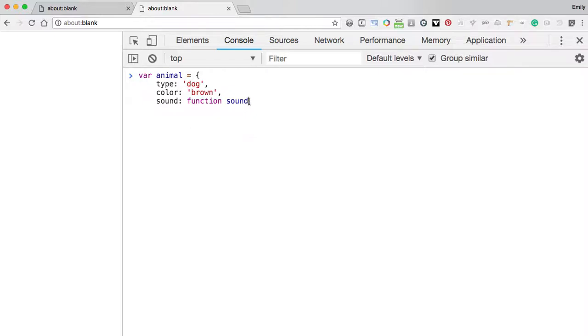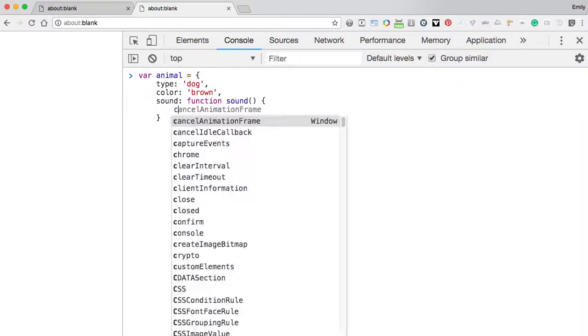And you'll see that naming our functions in this way is actually optional, because the function can be accessed by just calling the property name of sound. We don't actually need the name of the function. So normally if we were creating a function, we would write the keyword function, put the name of the function, open and close our parentheses, and then open our curly braces,